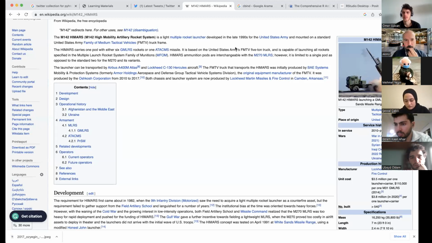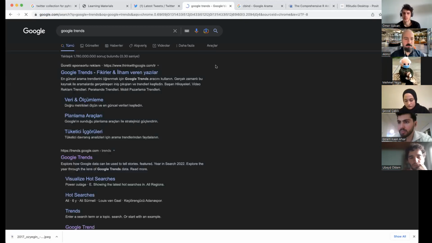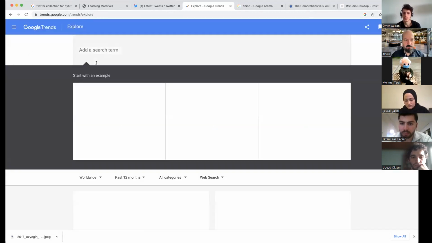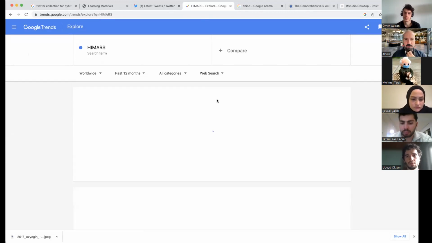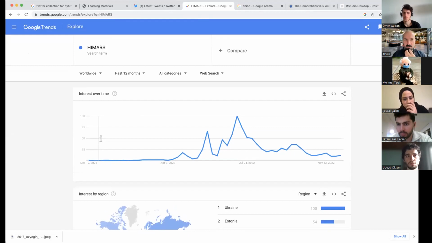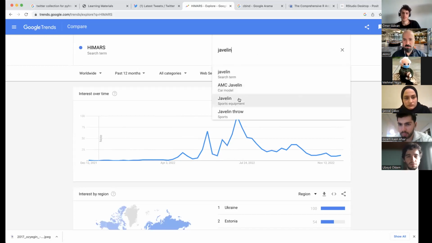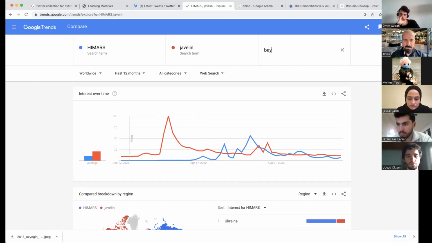Quite interestingly, when you do trend analysis, let me show you how I do trend analysis as well. I go to Google Trends, and when I explore themes and add HIMARS as a search term, something that I notice is that HIMARS, a weapon system, was unpopular, and then suddenly with April, it starts to become more popular. Now, there are similar weapon systems being used in Ukraine, such as the Javelin, for example, which is actually more popular than this, or